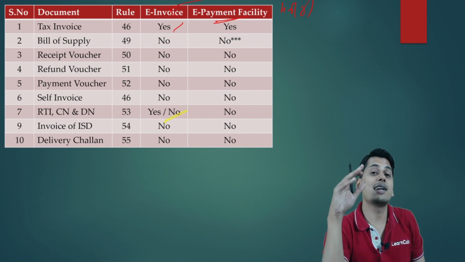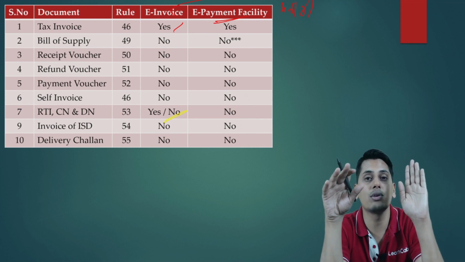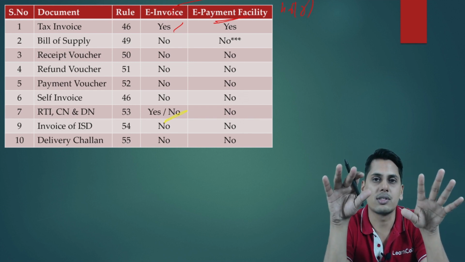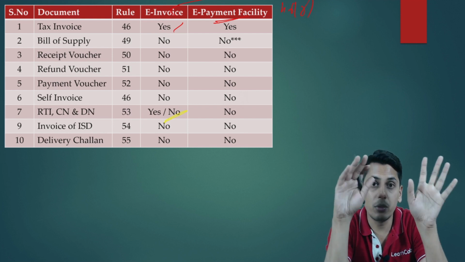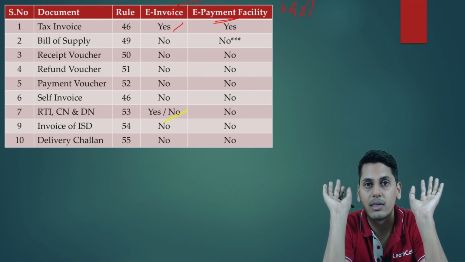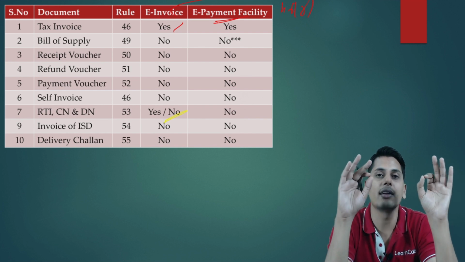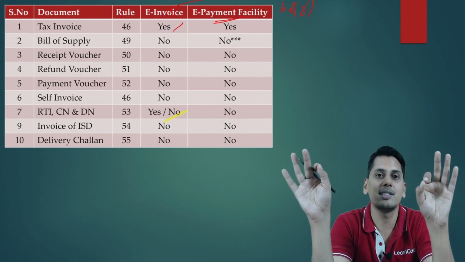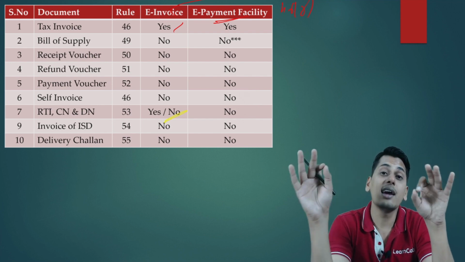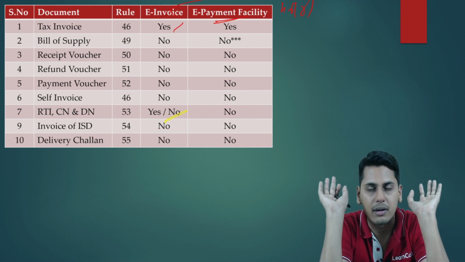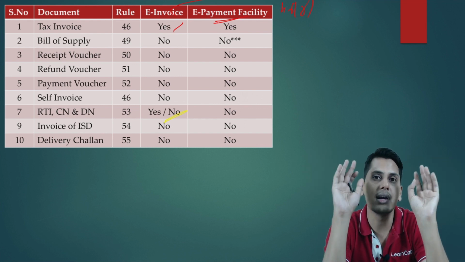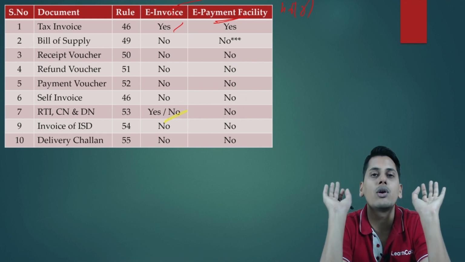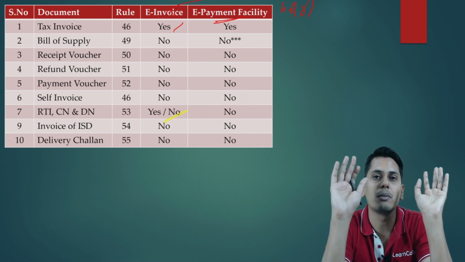Friends, please don't get misguided by the name e-invoice. E-invoice doesn't mean that you should register only the tax invoice. All the tax invoices, all the credit notes, all the debit notes, before being issued, should be registered at the invoice registration portal. The word is e-invoice, but it is applicable for invoice, credit notes and debit notes. The portal is invoice registration portal, but it is applicable for registration of invoice, credit notes and debit notes. The word IRN stands for invoice reference number, but it would also generate a reference number for credit notes and debit notes. So the reference number generated for credit notes and debit notes also will be called IRN only. Please do not get misguided by the names which appear.